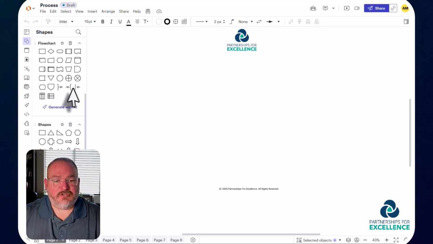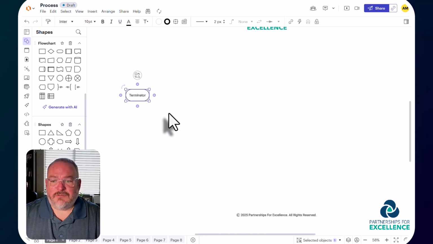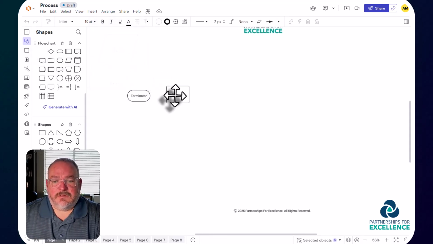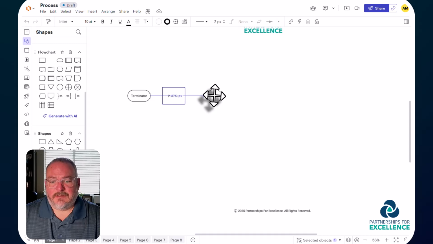So at first I'm going to show you the most basic components of a process. You can use a terminator, which will be the beginning or the end of a process. Next, you would use just a box where you will write down the activity that you're performing, and then the other most common element is a decision